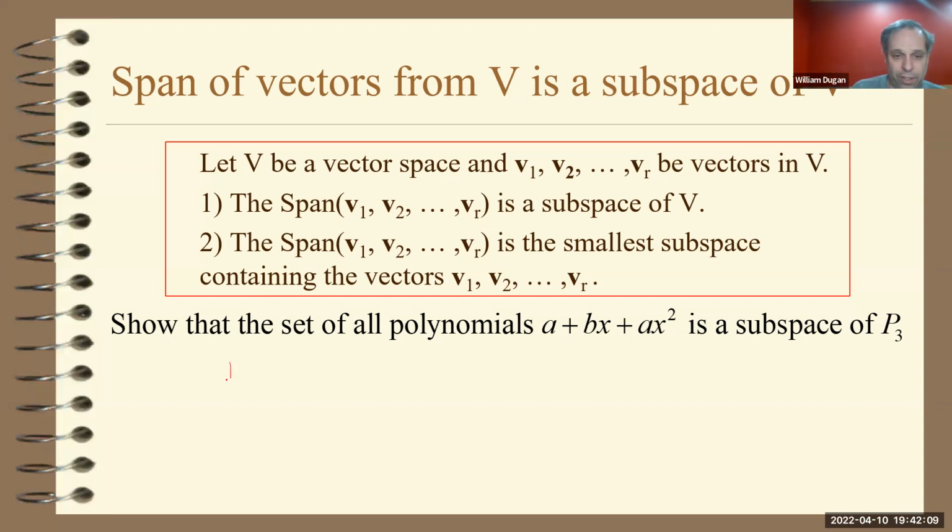It's the span of 1 plus x squared, because right here, and x, because right here. It's literally just a linear combination of those 2 things. It's the span of those 2 things, so it is a subspace